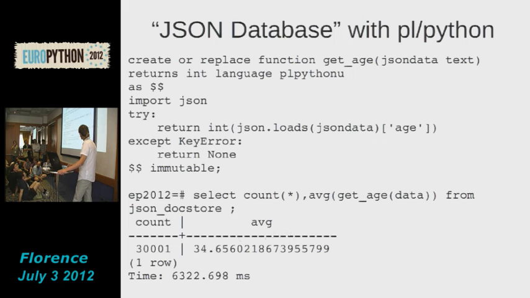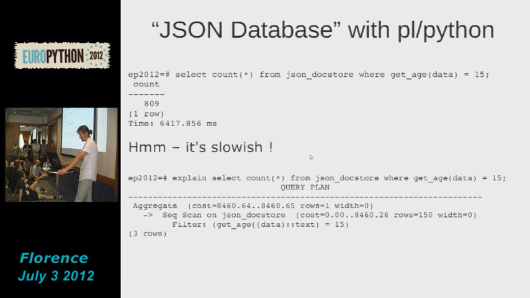And here is this conversion, JSON loads. It is a Python function that takes a JSON string and then returns Python lists and dictionaries corresponding to this JSON data. Now to make this faster,